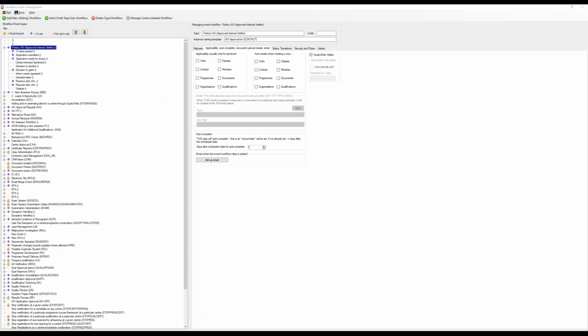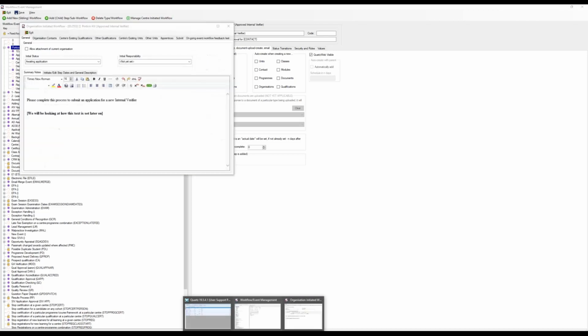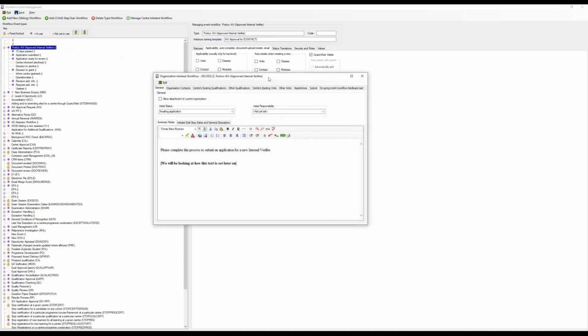Oh, where's the message gone? There we go. So this opens a little pop-up window here, and this is similar to the tabs that we saw when we kicked off the workflow, in terms of you move from the general, you add your contacts, you move through the tabs exactly the same as you would on Quartz Web, depending on the information that you would want to be submitted. So on the general tab, this is the first screen that